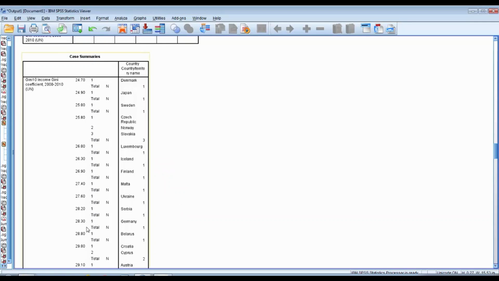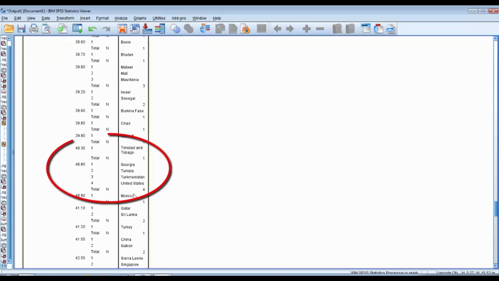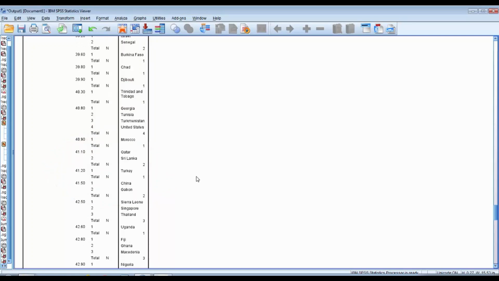So these countries have low values of Gini, and we know which countries they are now. Let's find the U.S. There's the United States, 40.8 on Gini. We share that distinction with the countries of Georgia, Tunisia, and Turkmenistan. Let's go down here,